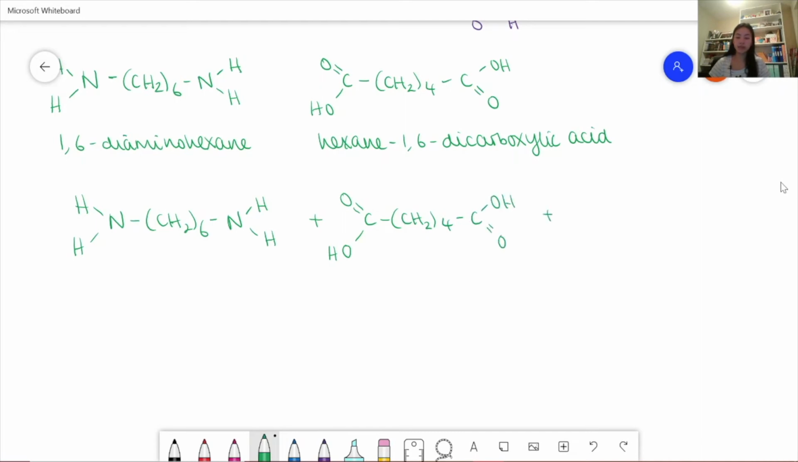and we have ... and then plus ... and what we're doing is, again, we're taking away a water, so we're taking away this, and this is removing a water, and so what we form as our nylon 6,6 is NH